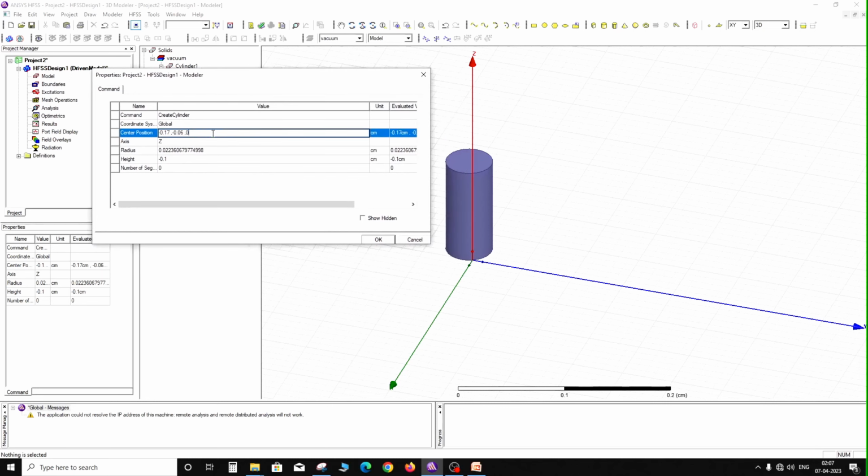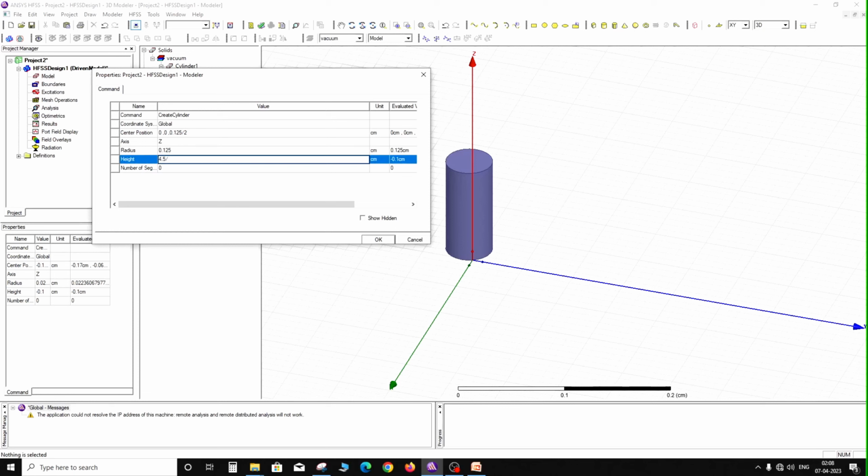My length of the cylinder is 4.5 centimeter, so the upper arm will be 4.5 divided by 2, and I will start from 0.125 that we have calculated. First of all, along the y axis, this is also equal to 0, and along the z axis, z is equal to 0.125 divided by 2, and the radius we have already calculated, that is 0.125, and the height of the cylinder, that is